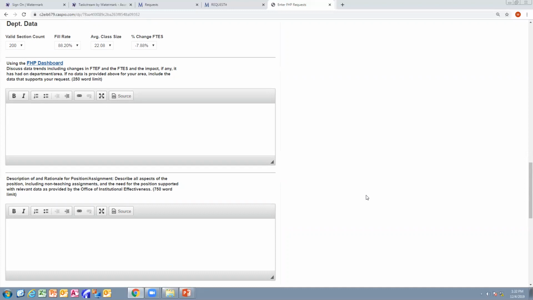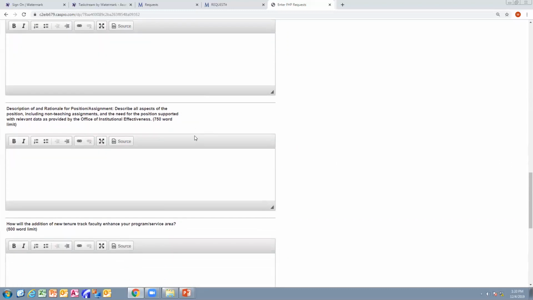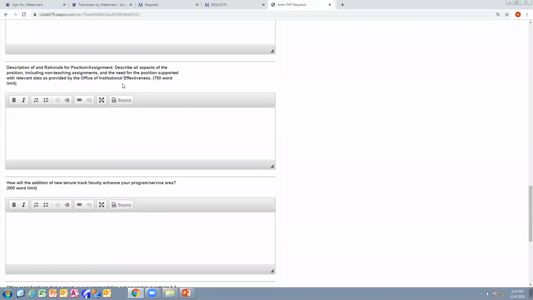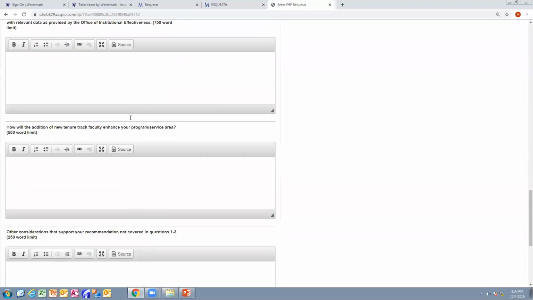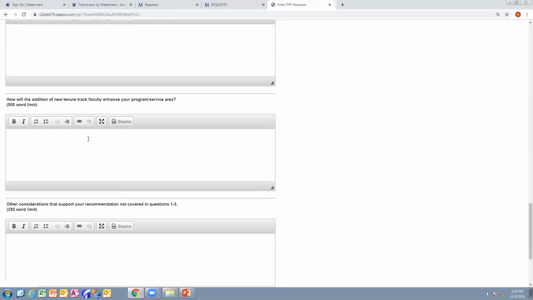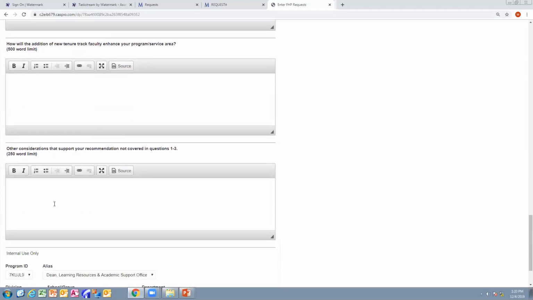If there isn't any data provided above for your area, include the data that supports your request. So you might have data that's specific to your area that you can use for this, okay? That's question number 1. Number 2 is description and the rationale of the position. Number 3 is how will the addition of the new tenure track faculty enhance your program service area. And then number 4 is